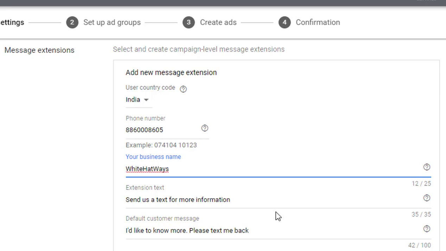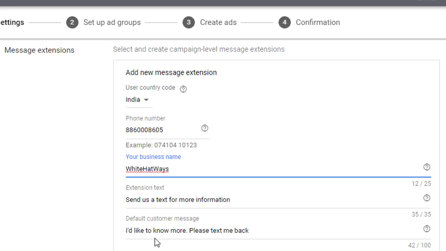Now as you can see, it is automatically populating the extension text as "Send us a text for more information." This is going to be appearing on the ad itself, onto which somebody would click and then land up in the inbox, wherein the first message that will appear would be the default customer message.